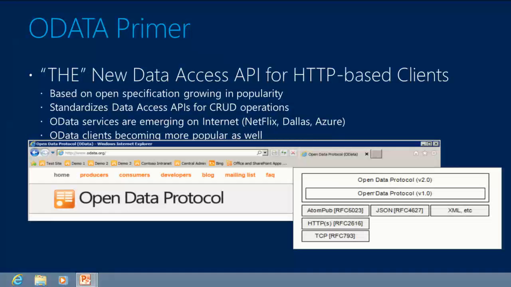And AtomPub, if you squint, kind of looks like RSS, but the difference is it provides full CRUD operations: create, read, update, delete. So now that we have a protocol that provides create, read, update, delete based on either XML or JavaScript object notation representations of the data, and we can provide query semantics on top of that, then that provides our ability to represent data, query it across nodes, and do that in a predictable manner with a known API set, and